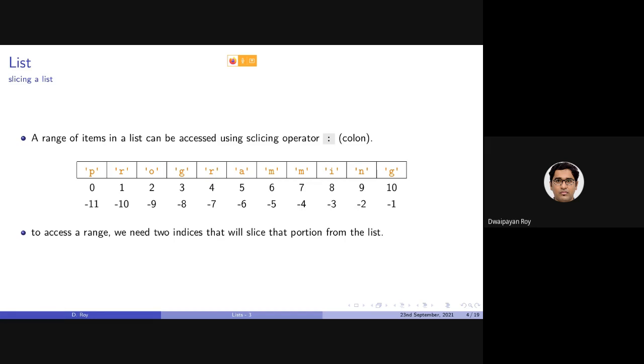But for the time being, if this is a list, in the 0th index, P is stored, in the 1st index, R is stored, and so on. So basically, programming is stored in a list.